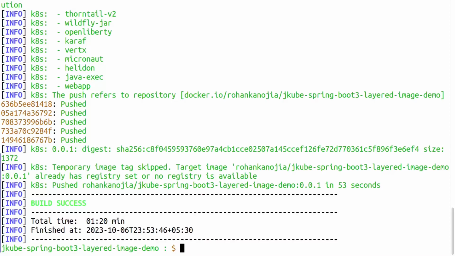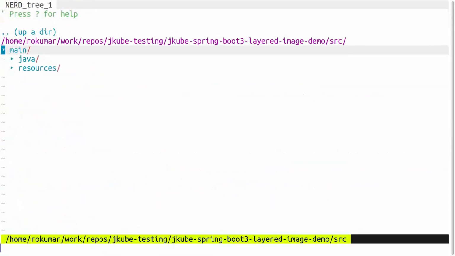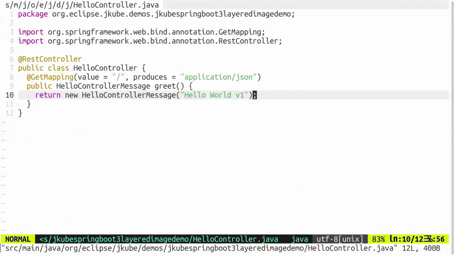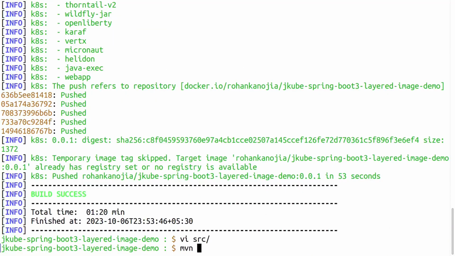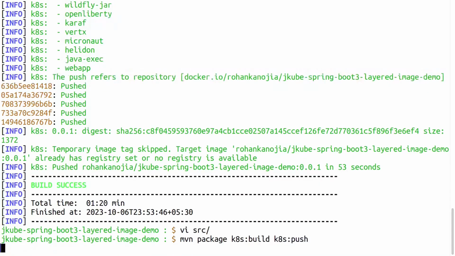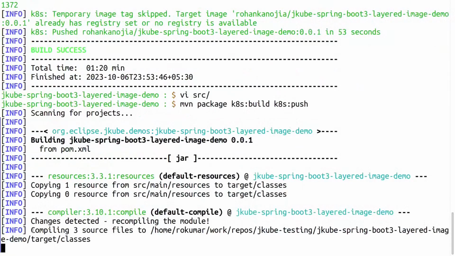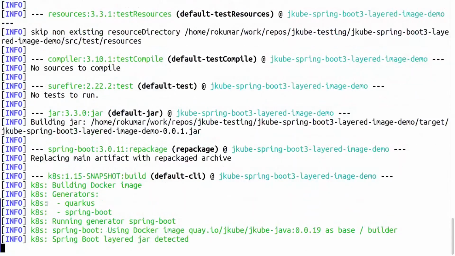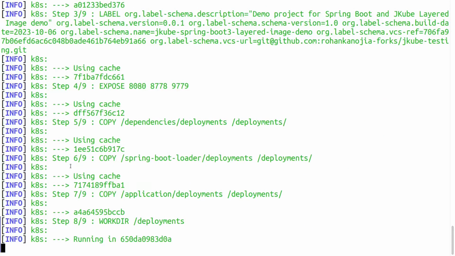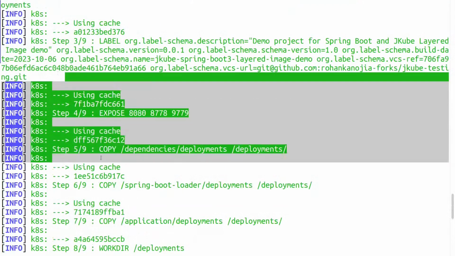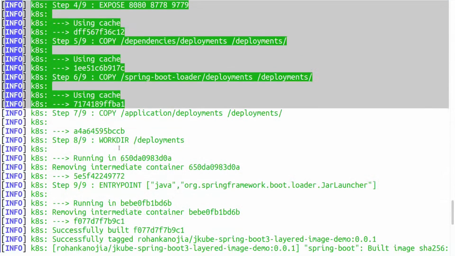So let's try to do an incremental change. Let's try to modify this source with a very minor change. Let's just change the endpoint from v1 to v2. So we are doing a change in only the application. So we'll do mvn package again, and we'll also do the kubernetes:build and kubernetes:push part. Alright. So it's building again. So this time the build was faster because most of the layers got cached,